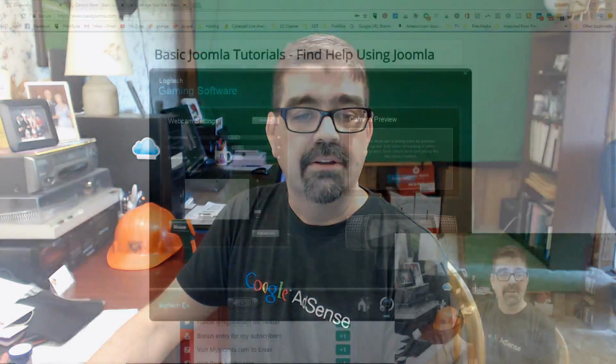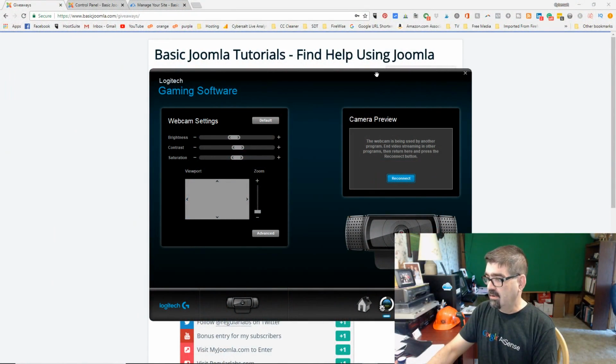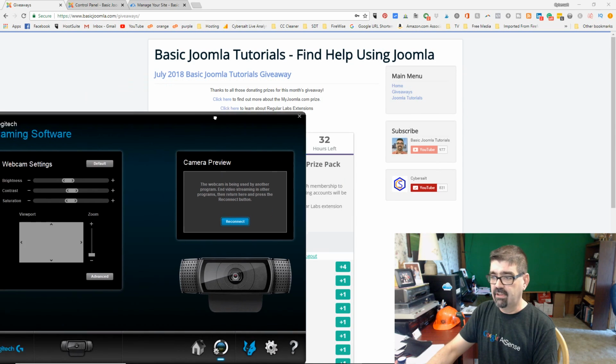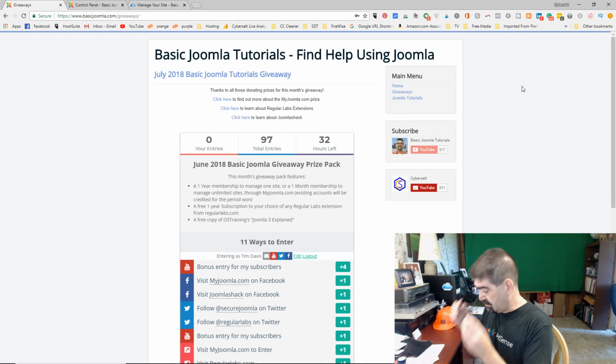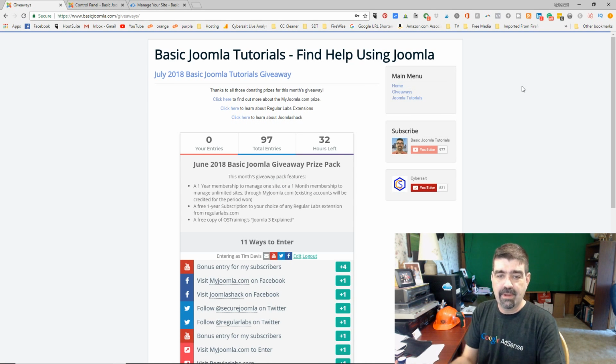So let's head on over to my screen here. I'm going to get rid of this. That's what I use to adjust the saturation and brightness on my camera. Here we are at the